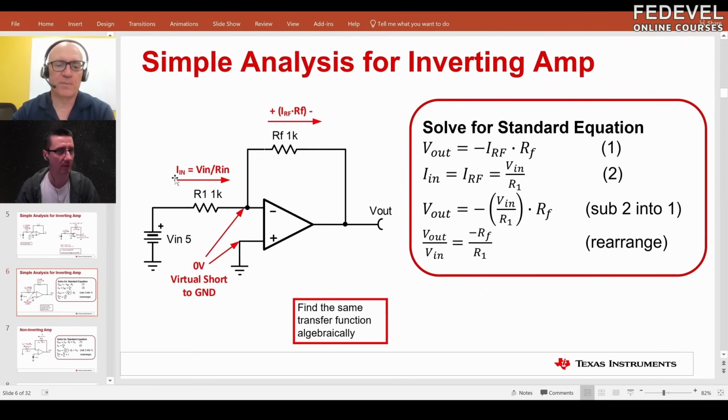We've developed an input current that flows through the feedback, and then the output voltage is the voltage across the feedback resistor. If you put in all the numbers, and I won't step through the algebra right now, but basically you rearrange it algebraically, and you can see the gain is basically minus RF over R1